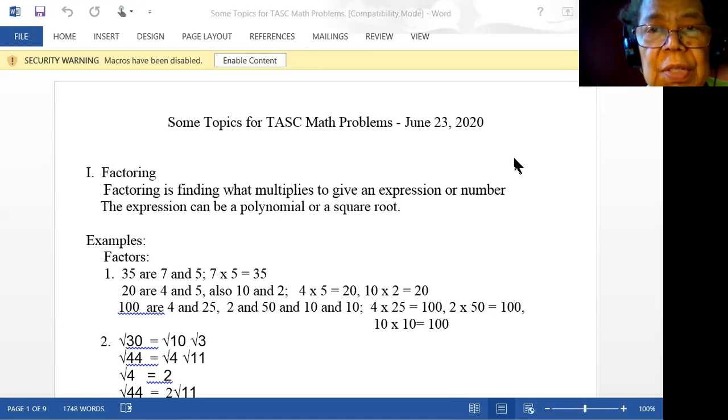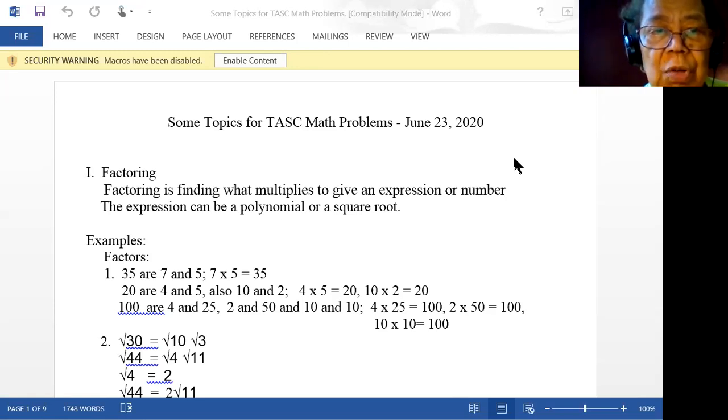We will go over some topics for task math problems using worksheet number 8 as an example. We'll start with factoring. Now, factoring, you're looking for multiples to give an expression or a number. The expression could be a polynomial or it could be a square root. And I have some examples here of